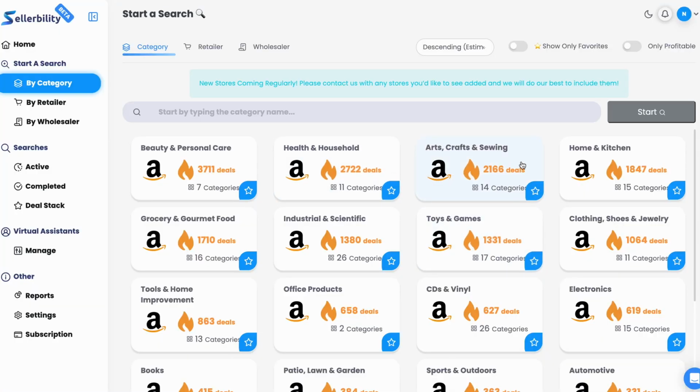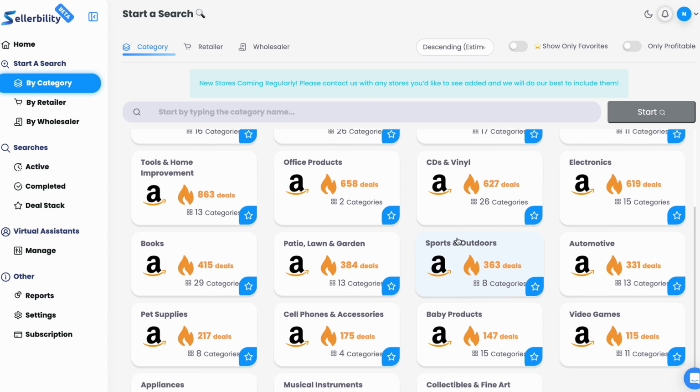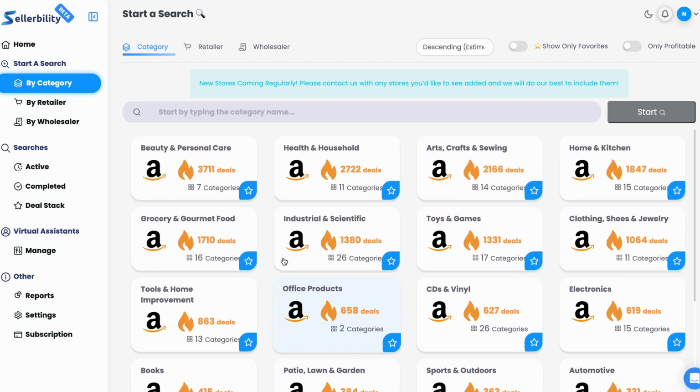So right here in this screenshot, you can see arts and crafts and sewing. There's potentially 2,000 deals, 2,000 things I could potentially buy for my OA sourcing. And so you can kind of see it through all that. So CDs and vinyl, outdoor and sports, that's what those deals are. So I'm going to go ahead and run